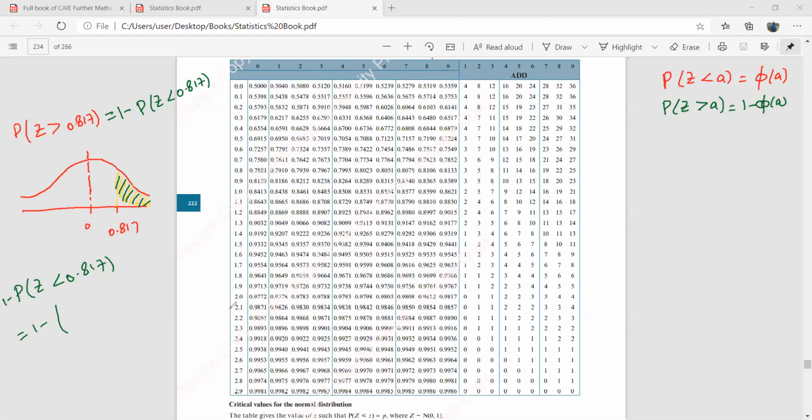So I'll be going to the 0.8 first of all. So here it is the 0.8, and then from here I'll go from this 1 down from here, so down to this and moving to this. So here is the first thing, that is 0.7910. And then for the 7, I further go to the right, and here under the 7, I have this 19. So I'll write this as plus 0.0019. So this is going to be 1 minus